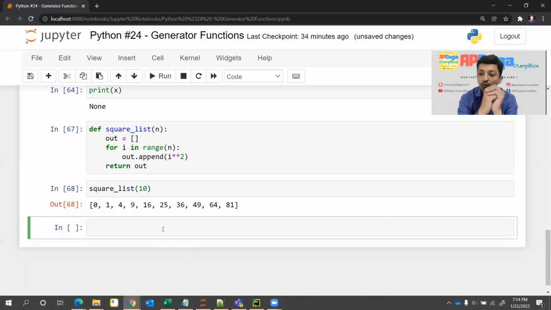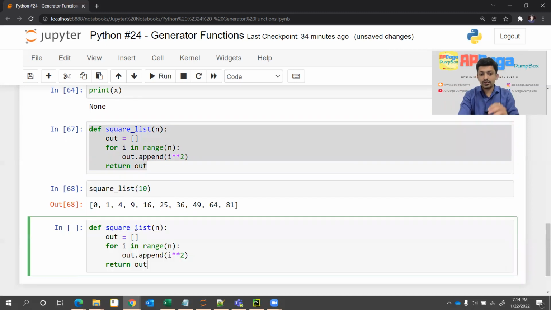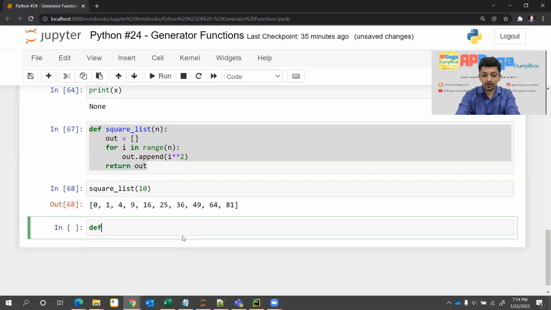Instead of creating a list, I want to create a generator object. Then the syntax will be a little bit different. Instead of return, I'll use the yield keyword. So for that, I'll create a new function, def